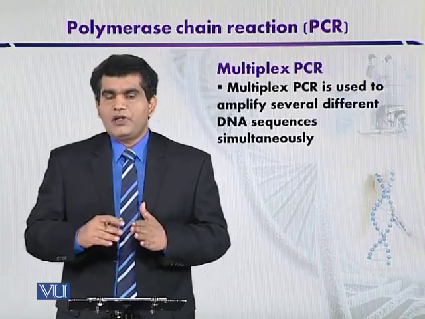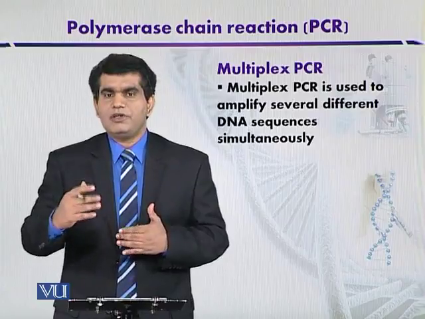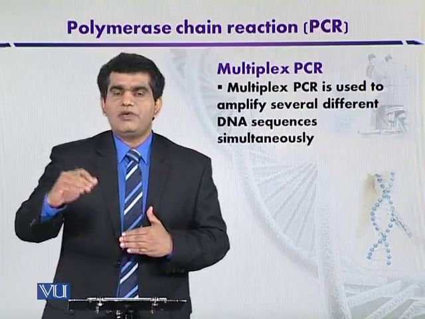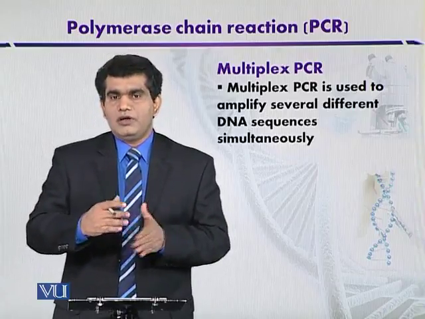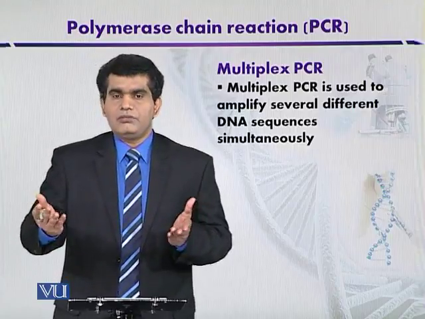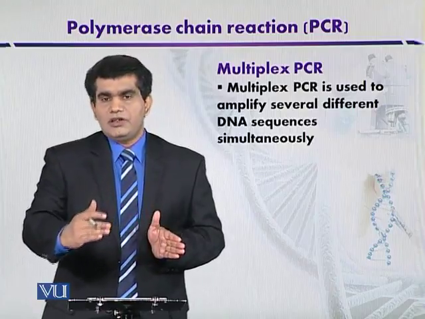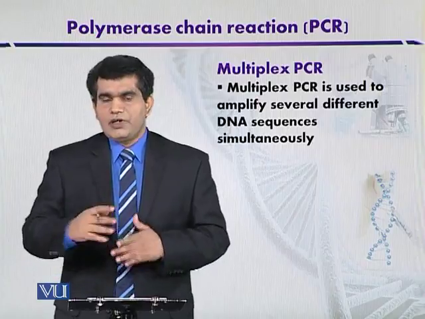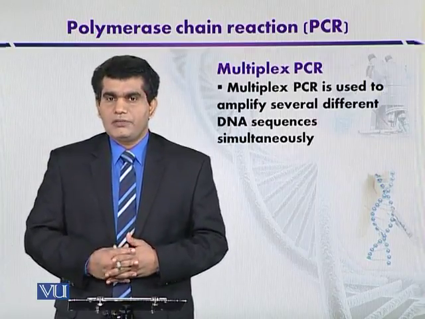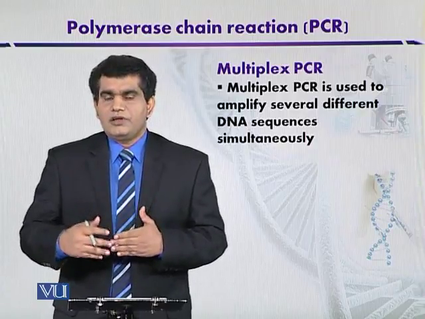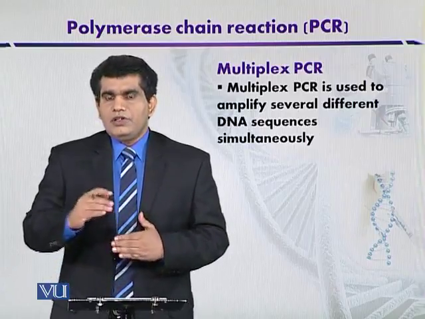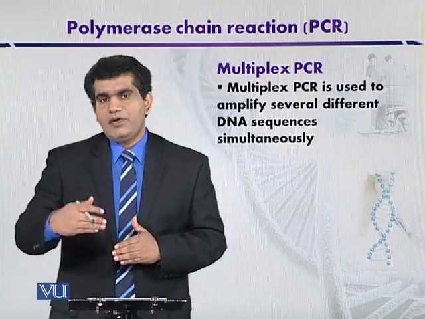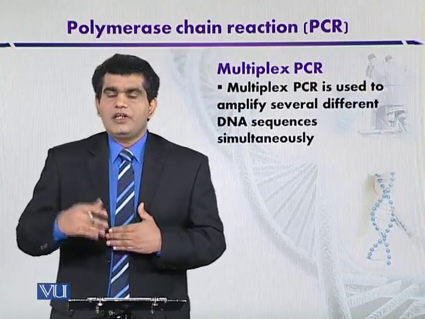So suppose we have targeted genes A, B, C, D, E, each representing a particular gene. We have the primers. Now we can use the same reaction mixture and amplify different genes corresponding to maybe different regions of the same organism's DNA, or maybe the DNA from another organism in the reaction mixture. It can be amplified, and then the results can be observed by using a gel electrophoresis device. We can separate the DNA fragments and compare them with the standard fragments. So in this way we can have the idea that this particular disease is caused by this group of microbes. So by using a single reaction mixture, we can amplify different genes, and it can also be used for the diagnosis of